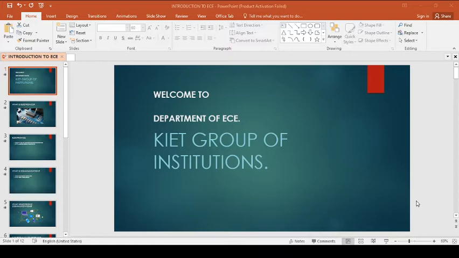Before going to do that, we should know what is ECE, Electronics and Communications. I think the foundation has been laid in your intermediate physics with the help of semiconductors and electromagnetic concepts. So what is electronics? Electronics is nothing but the study of flow of electrons in a semiconductor device. So what are the semiconductor devices? PN junction diode, the transistors, all these are nothing but semiconductor devices. So any device made with the help of these semiconductor devices is nothing but